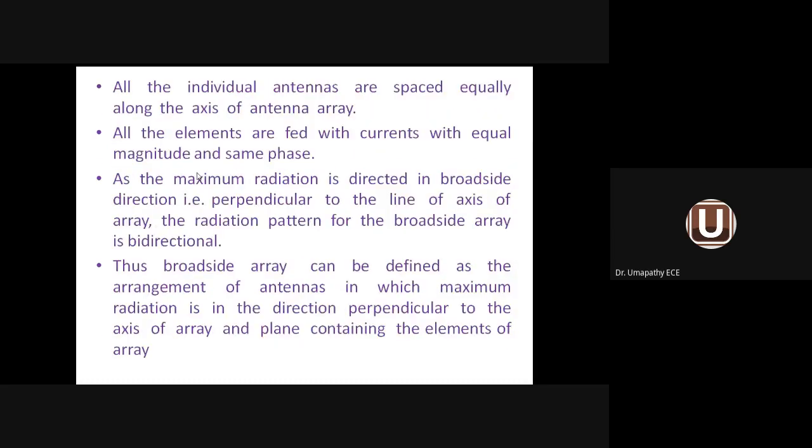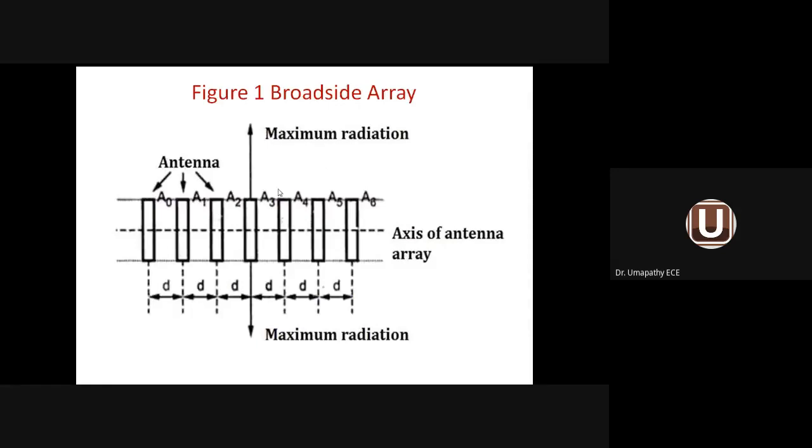Broadside array. Have a look at this diagram. This is the diagram for a broadside antenna array. I call it as broadside antenna array. So in this diagram, 7 elements are there, from A0 to A6. 7 elements are available. And there is a dotted line that goes in the center. This is called antenna array axis, axis of the array, or axis of the total setup. Where A0 to A6 are antenna elements, each and every element. You can see the distance between each and every element, small letter d. Small letter d is the distance between each element.